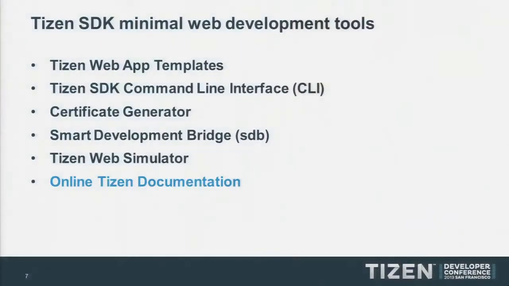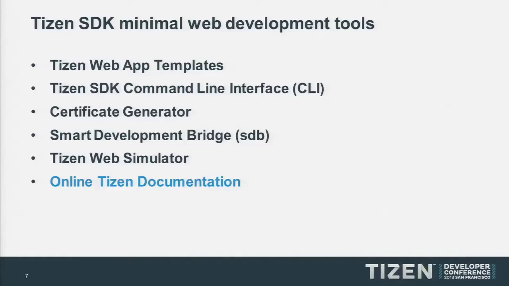I will go into the details of these tools. It includes 5 components and Tizen web application templates. The templates can help the developer create a new project and understand what a Tizen web application project looks like. It also provides the Tizen SDK command line interface and a certificate generator, the smart development bridge (SDB), and the Tizen Web Simulator. The last one, the online Tizen documentation, is very important,